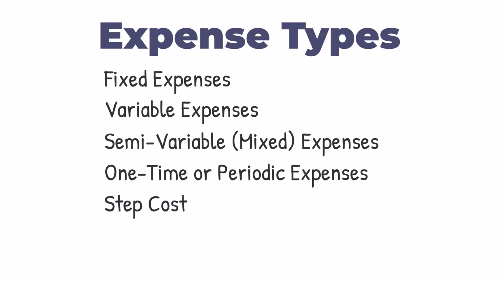A step cost is an expense that remains fixed over a certain range of activity, but then jumps to a higher level once that range is exceeded. Machinery can handle production up to a certain capacity. If production is increased above its limit, an additional piece of machinery will need to be added. Likewise, office space can handle a certain headcount. If a company's staffing level grows beyond its current footprint, it must add new space or relocate to a larger space. By classifying and understanding costs, you can make more informed financial decisions. The ability to predict how costs will change under different scenarios is invaluable for budgeting, pricing, and strategic planning.